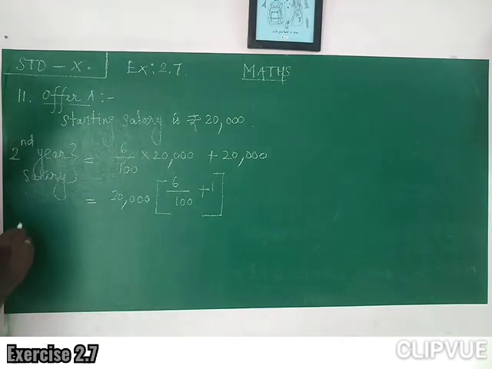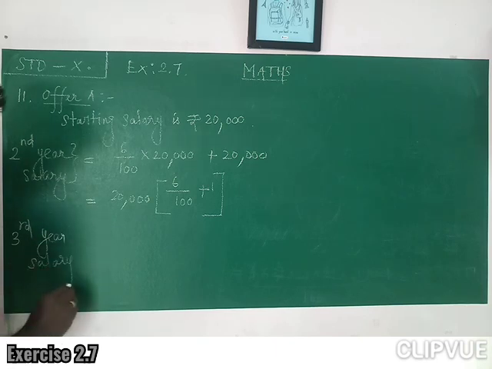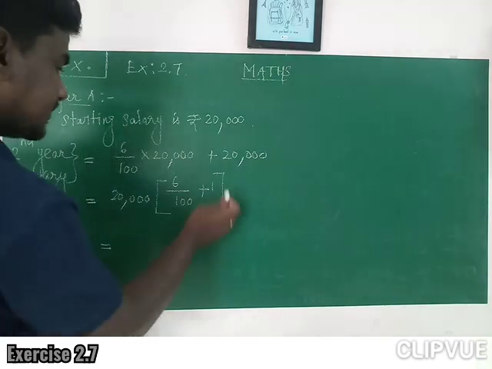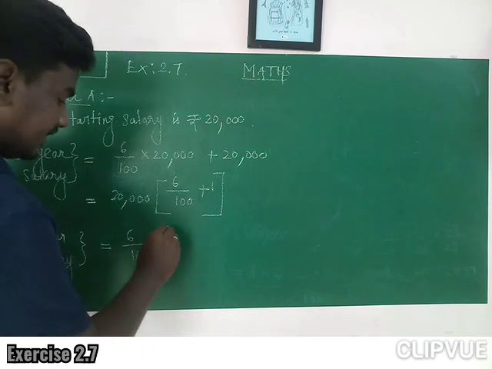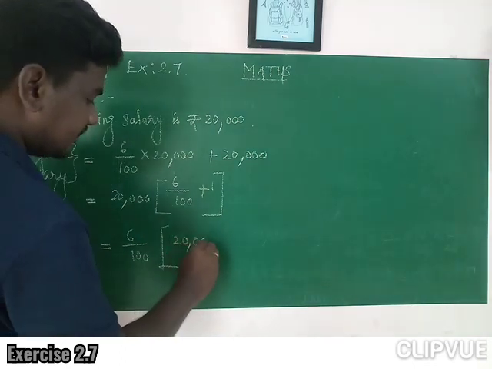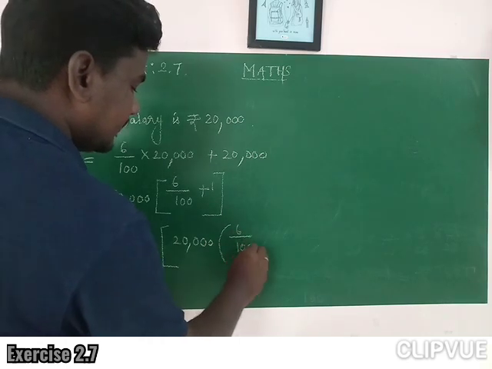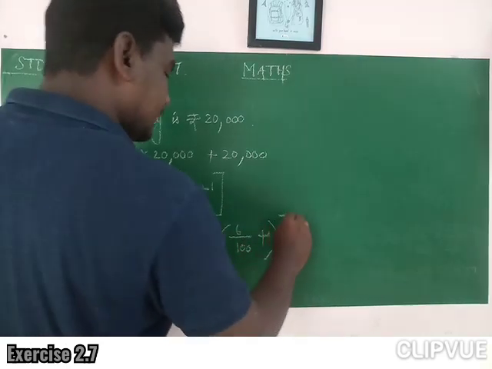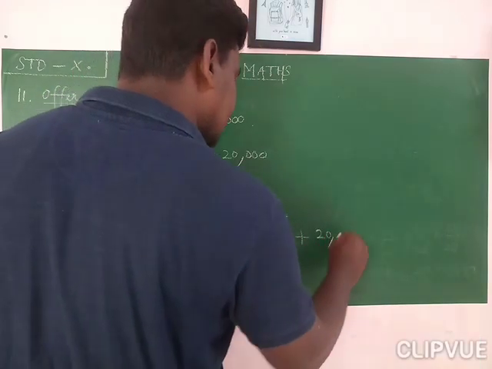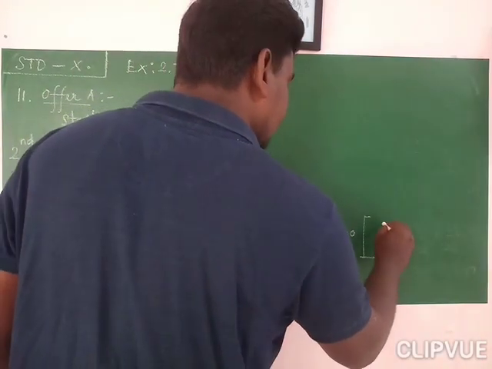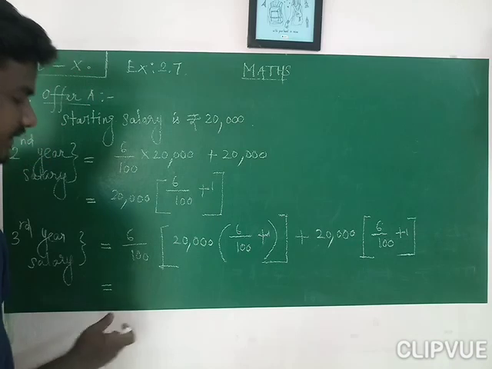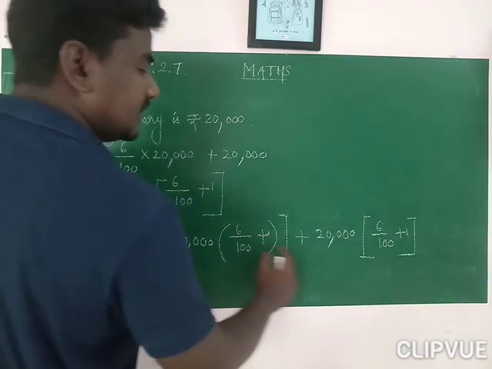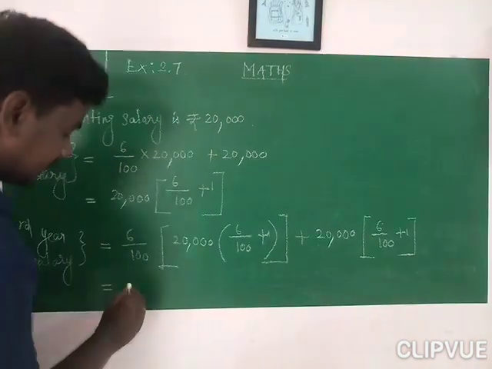So third year, how should we calculate? Third year salary is equal to 6% of this one plus this one. So 6% of this one means we should write 6 by 100 into this salary, 6 by 100 plus 1, plus 20,000 into 6 by 100 plus 1. I hope you understand. Here this 20,000 of 6 by 100 plus 1 is common. If you take that out,